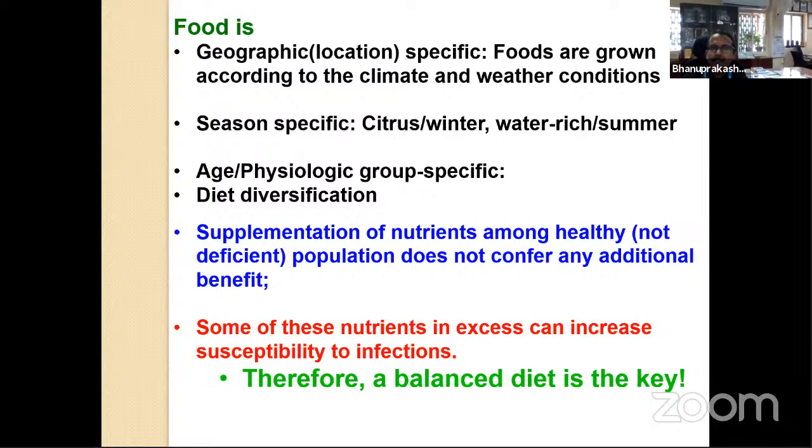And another thing is, food is season specific. The foods that are grown in that season are important for our health, and there's a reason for it. Particularly, I'll take one example. In the cold season, that is in the winter season, you see all these citrus fruits are grown, whether it's amla, regu pandlu, sitapallu pandlu, whatever it is, you name them, enumerate. They're all rich in nutrients which are good for our immunity.